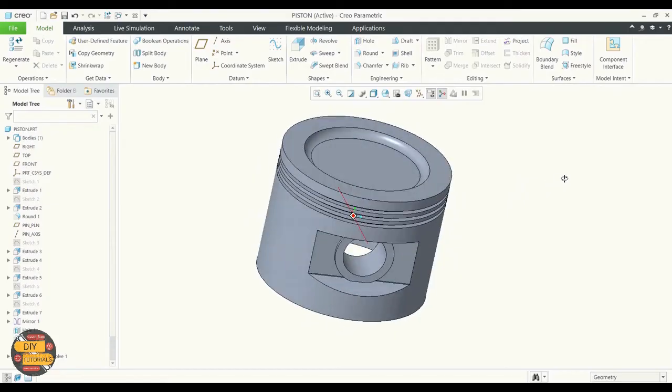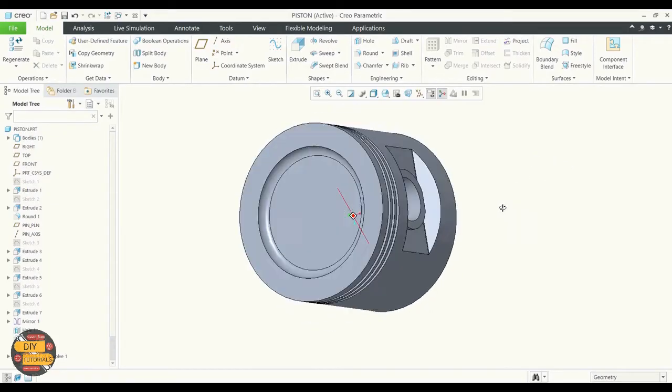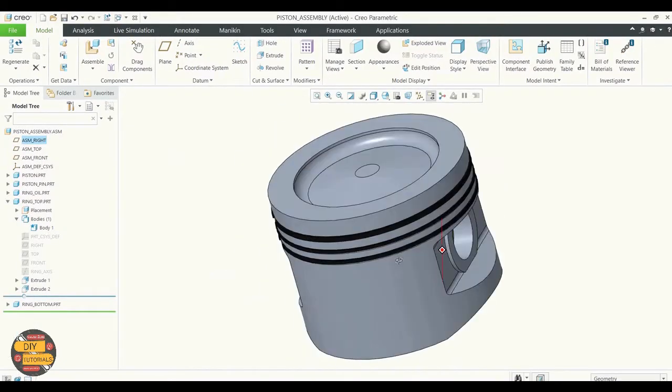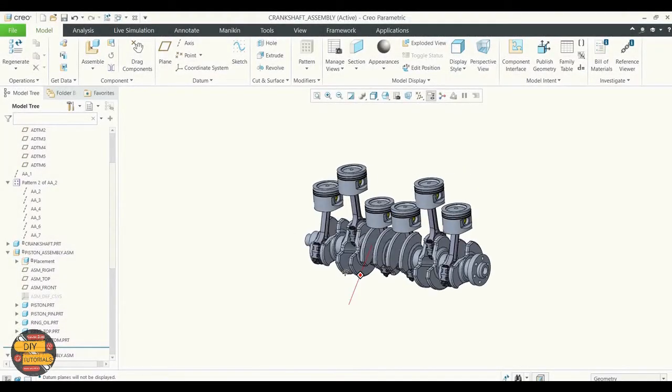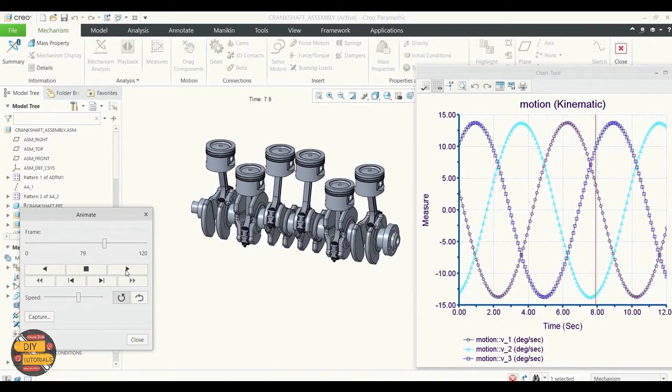By the end of this video, you will be able to make a piston head part and a crankshaft assembly using the latest CREO 7 software. You will also be able to run a kinematic analysis of the same assembly and